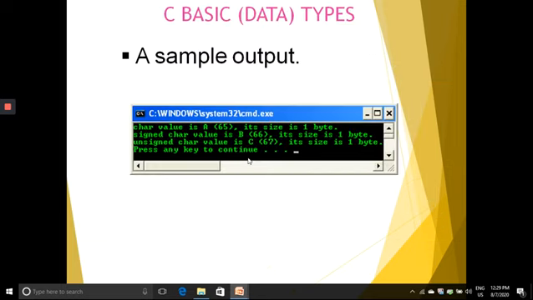And this is the sample program, C basic data types output. When we run the program it will give this output. The char value is A, so he entered the character capital A, whose ASCII value is 65. The signed char value of B is 66 in ASCII, its size is 1 byte.